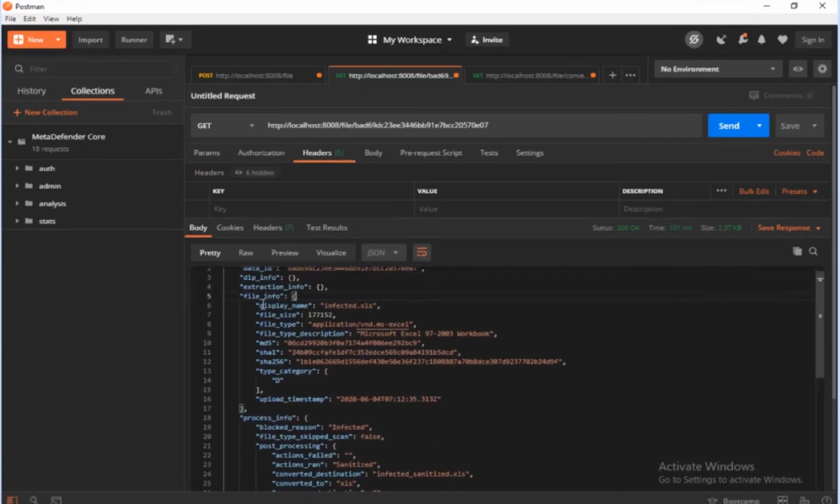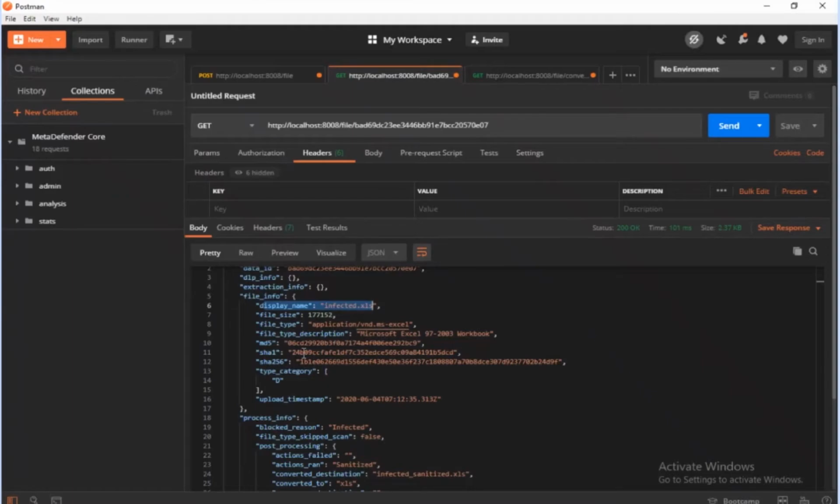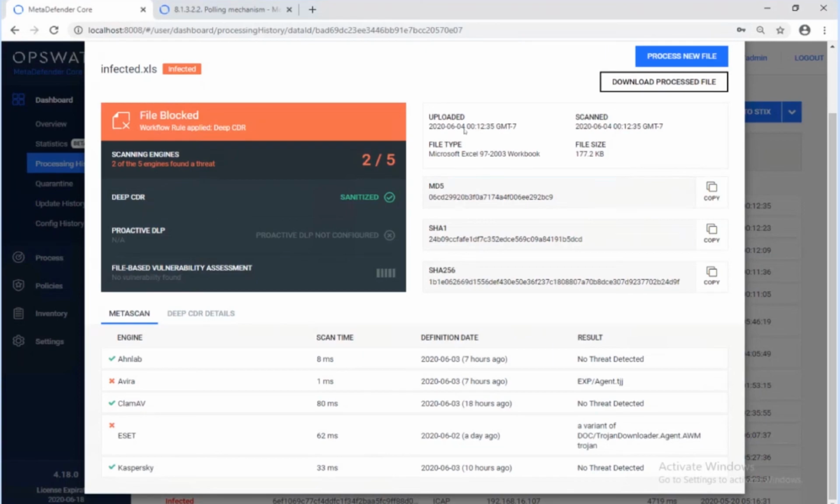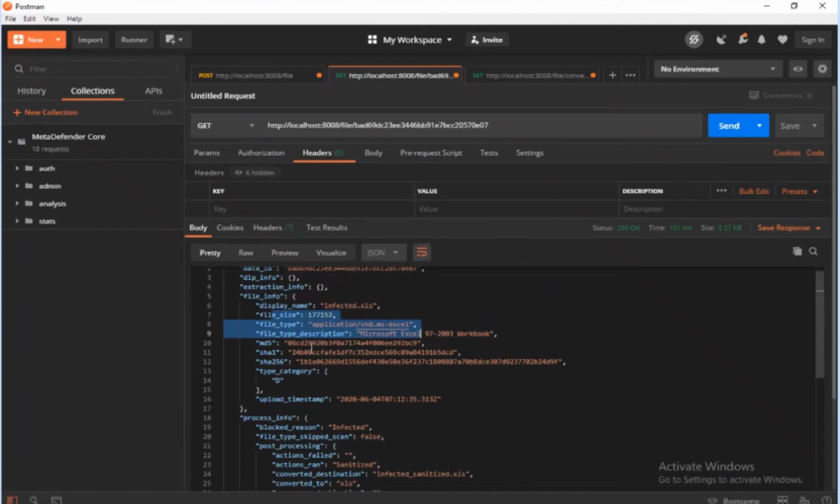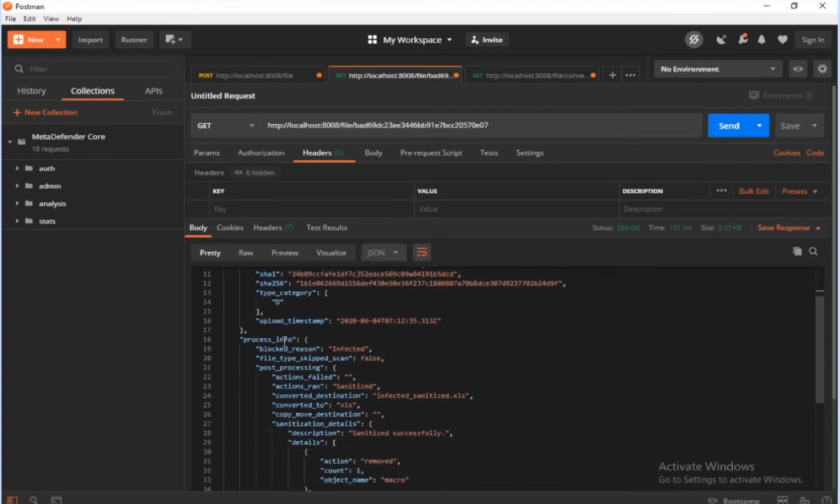So display name, file size, file type description, hashes. Everything you have on the UI, you also have here. You might have more information in the JSON than you have in the UI, and that's just how it should be, right? So processing info,